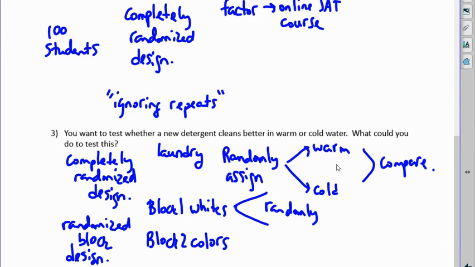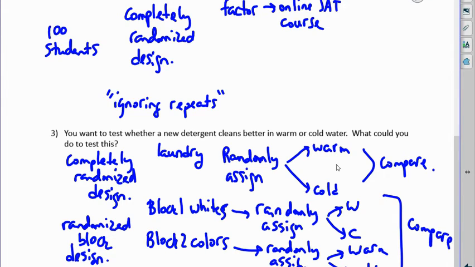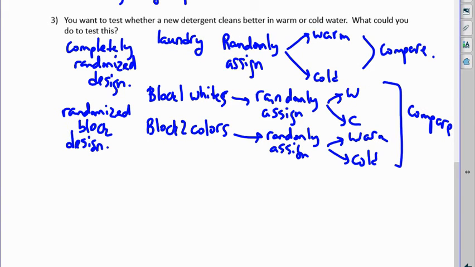I'm going to erase those lines. Okay, so randomly assign to warm or cold. This one, randomly assign to warm or cold. Okay, and then do your comparisons. Compare your results. And then just to say, you could actually probably even do a matched pairs here,